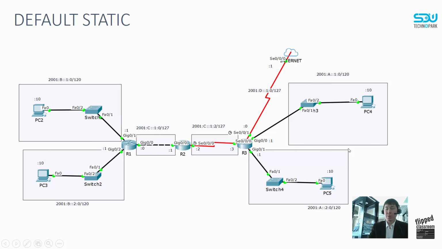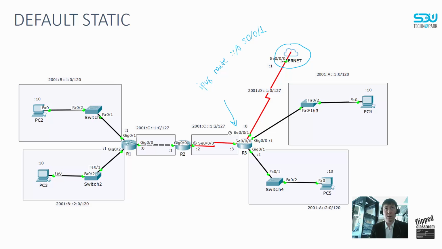And now it's time to speak about the default route in IP version 6 routing. Router 1, router 2 and router 3 have to know about the internet connectivity, which we can see here. Router 3 needs to be configured with a default static route. So we have to write ipv6 route, and then we define it like this: double colon slash 0 means that all of these values are 0, with prefix 0,